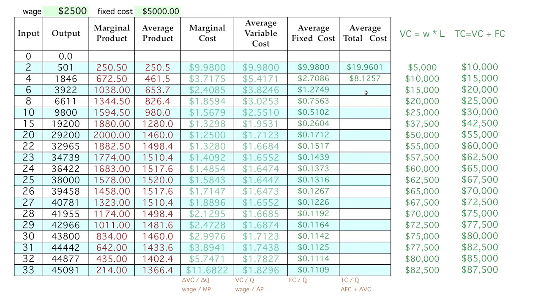To get the average total cost for the next line on the table, that is when output is 3,922, you could take the total cost, which is now at that line of the table, $20,000. How did I get that? I took the fixed cost of $5,000, added to the variable cost of $15,000, because you got 6 workers, you're each paying them $2,500. And that gives you $20,000 total cost. Take $20,000 total cost divided by the output of 3,922, and you're going to get